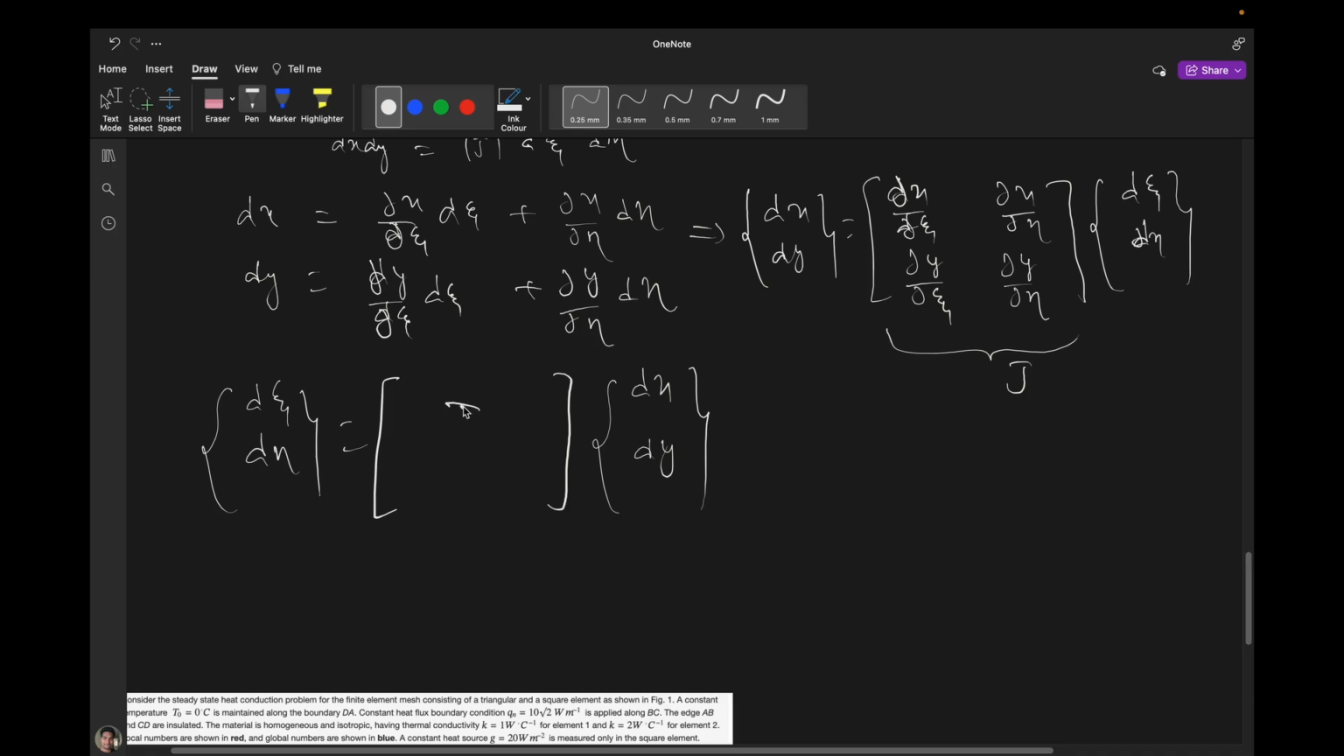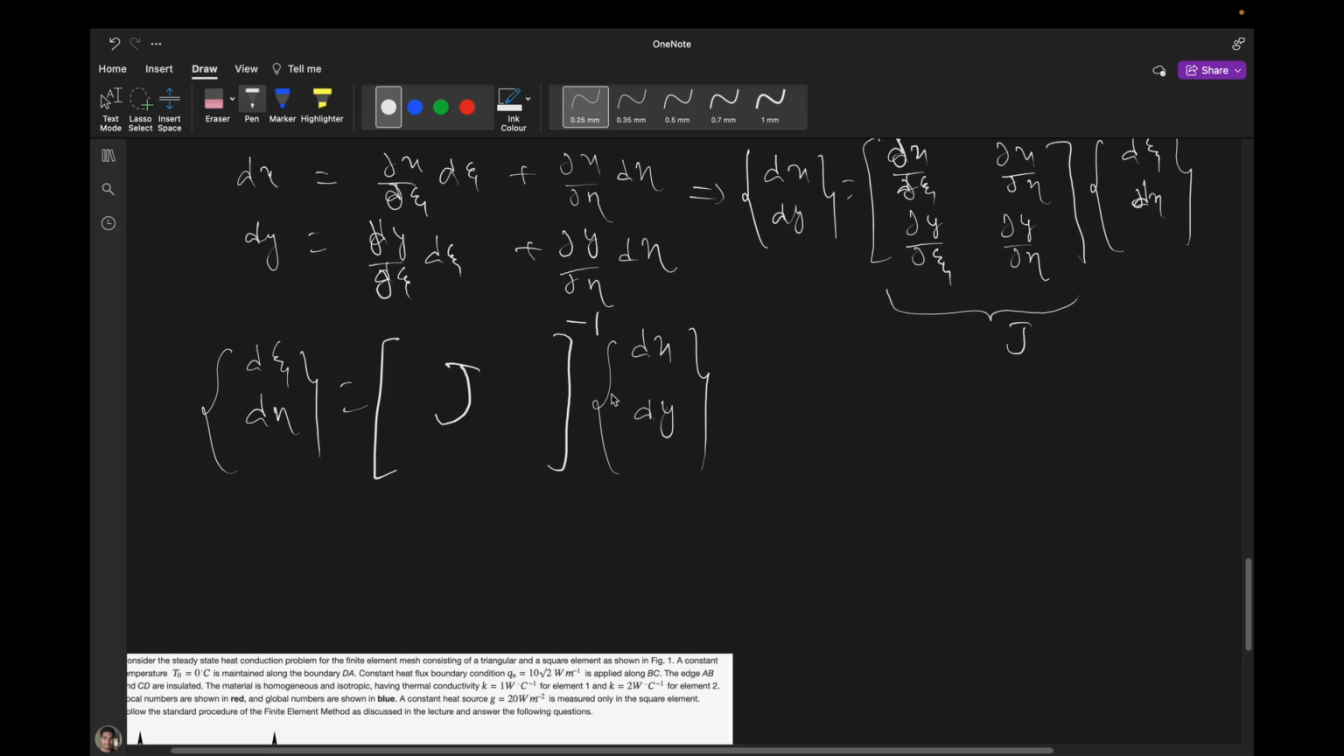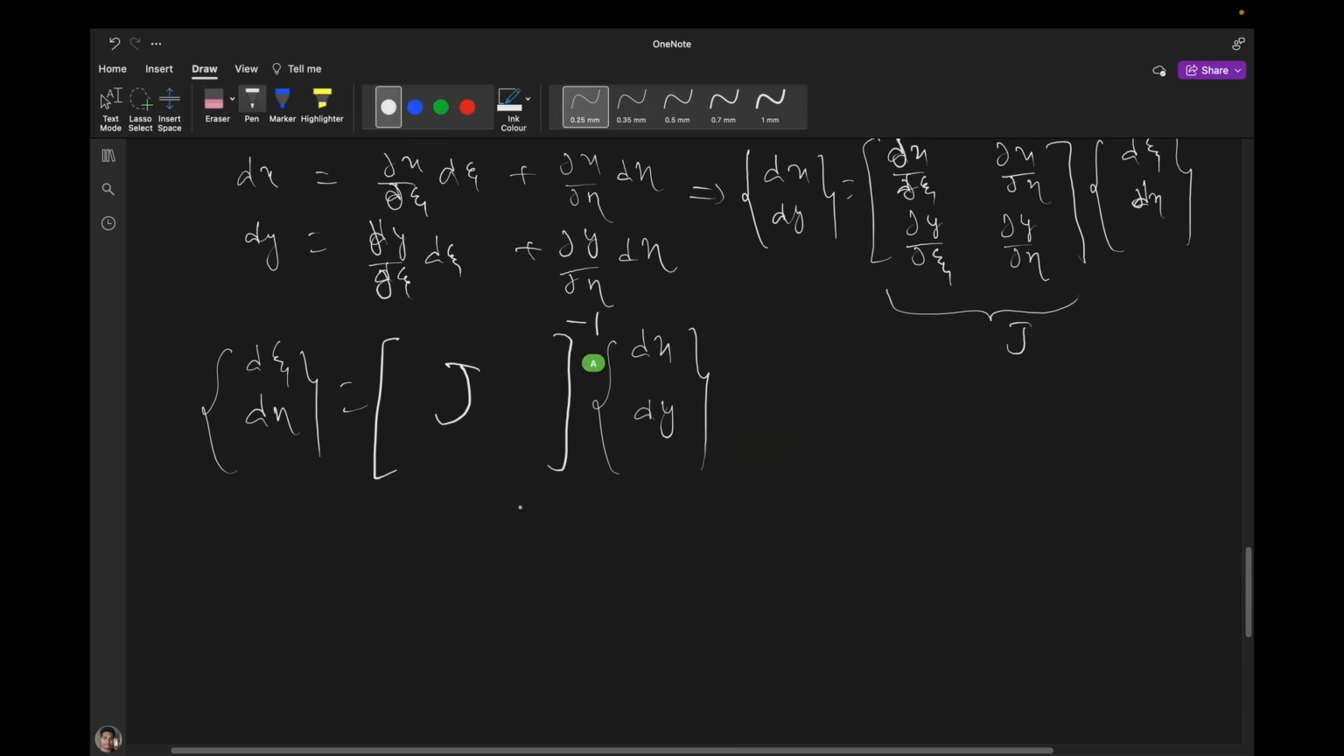We have to do simply the inverse of the Jacobian matrix. When you do it, we can easily convert this thing. Okay, and why do we need this? Because